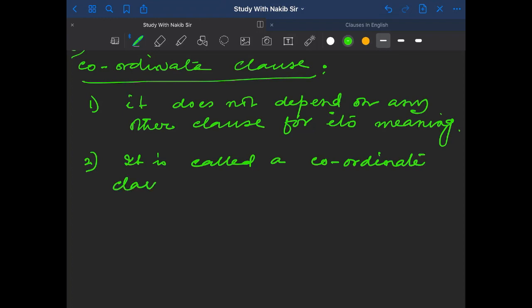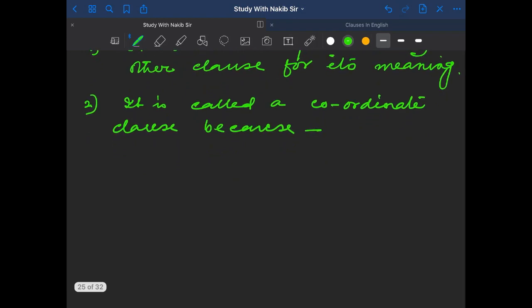Coordinate clause, because it is coordinated or joined with other clauses in a sentence by the coordinating conjunctions and, but, or, so, etc. Take one example. He is